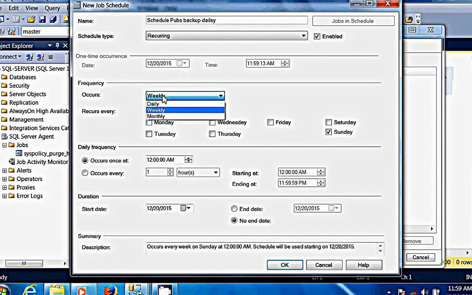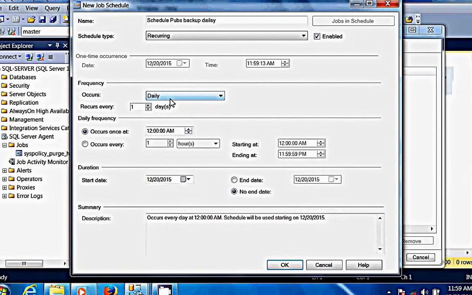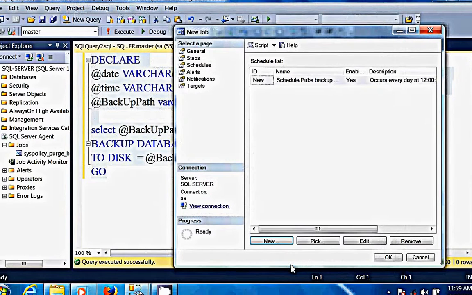I said daily, so it should occur once at 12 a.m., which means midnight. It starts from today, 20th December 2015, with no end date, so it will be created daily without an end date. Click OK.